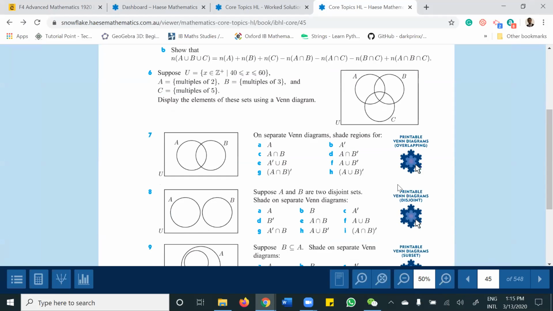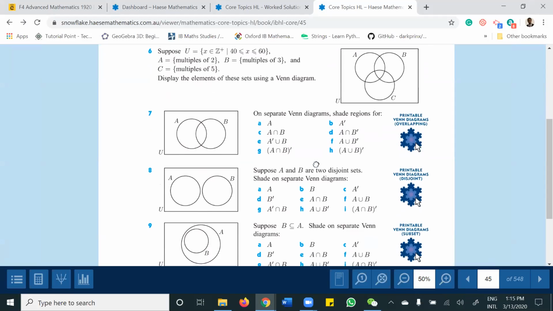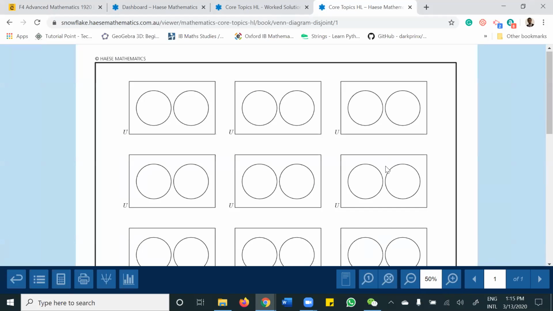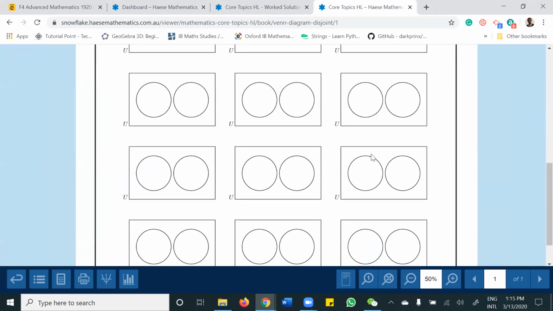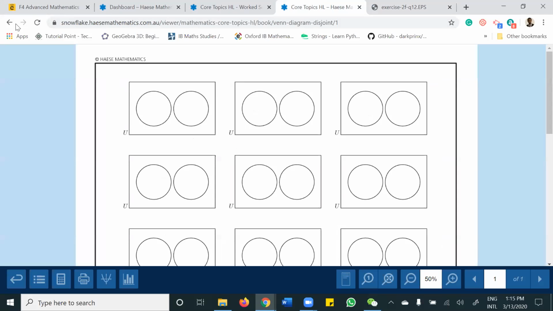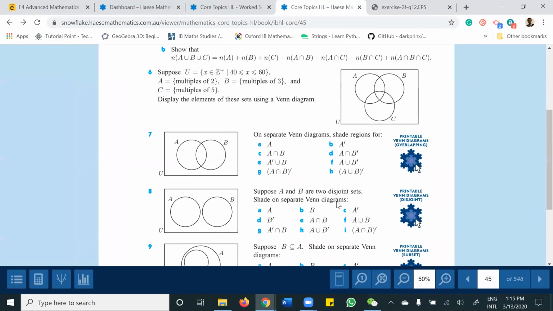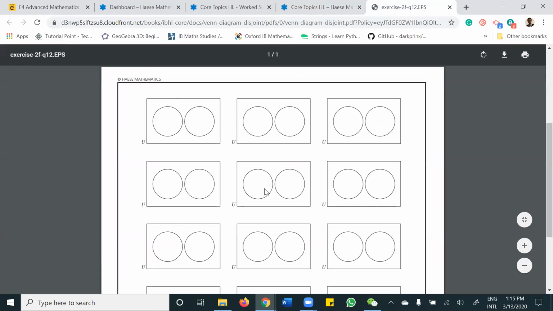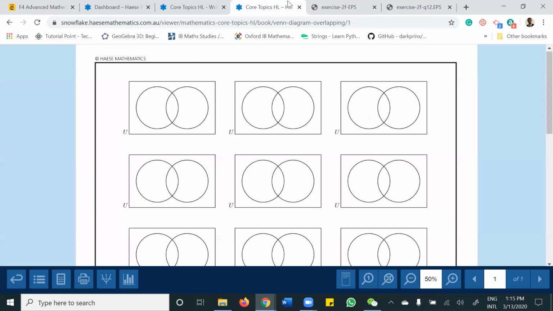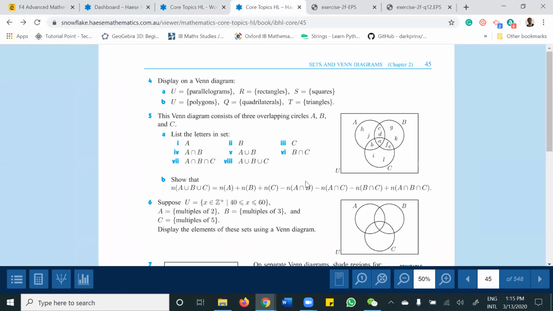There we go. So I'm displaying this. If you have a printer, I can send this to you, then you can print. How many of you have a printer at home right now? I have a printer. So I'll try to download this, and then it says printable. All right, so this is a printable version. I'll download the PDF format of this. This is for the disjoint one. So I'll download this also. I'll send it to you through WeChat. Then you can download instead of drawing all the time.